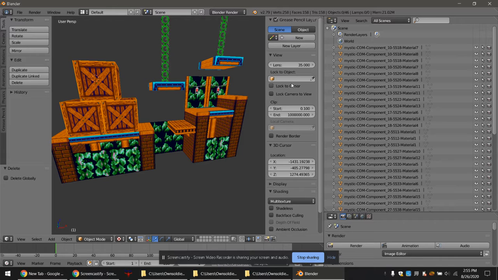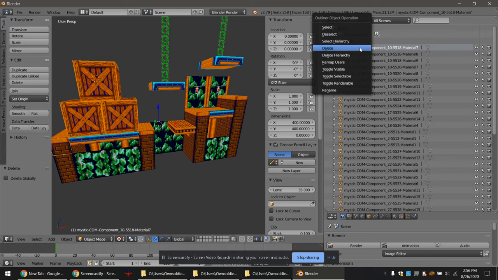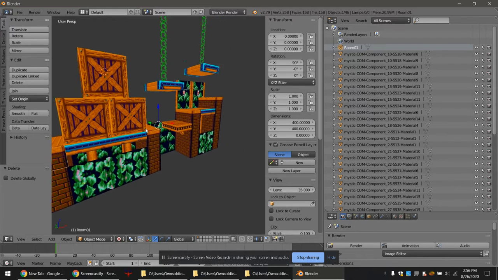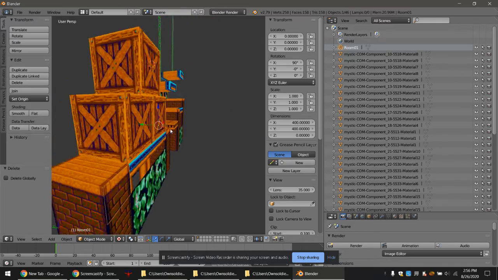The way we're going to do that is we're going to take the top material here, right click that material, and rename it. We're going to rename it room with a capital M 01. The reason we're doing that is, like I said, the GoldenEye Setup editor is looking for a specific title so that it can read the images that we are plugging into the